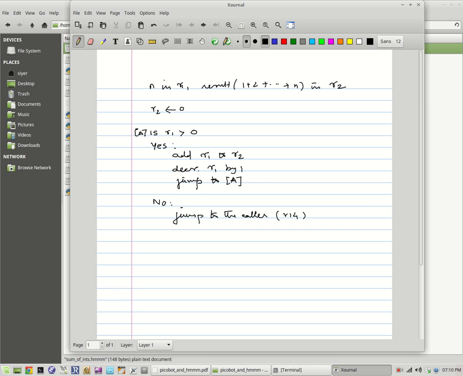Let's look at a concrete example. Let's say the register R4 contains the value 3, meaning n is 3. Then we start R2 with 0. Now R1 is greater than 0, so we simply add its value to R2. So R2 is now 3, and then we decrement R1 by 1, so that's 2 now, and then we jump back to this location and check if R1 is greater than 0, and it is. So we add it to R2, so R2 is now